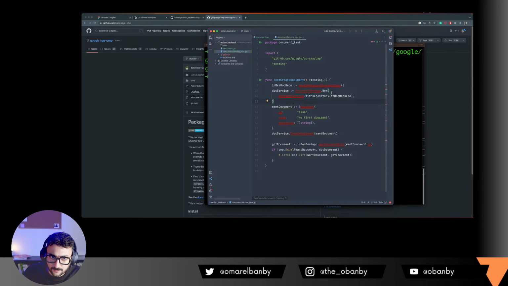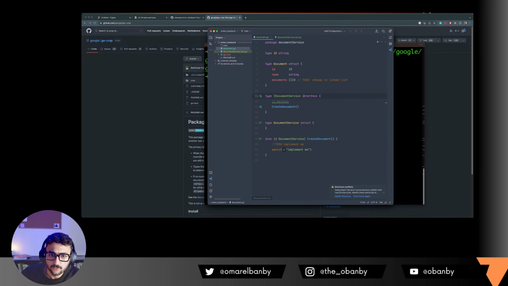And this is going to be an interface. And the method that we wanted in it was get document by ID. So you pass an ID. I'm actually just going to pass a string for now. And it should return a pointer to a document. Great. And now when you create new, this should return a document service. And if we return here a new document service, and we set the repository to